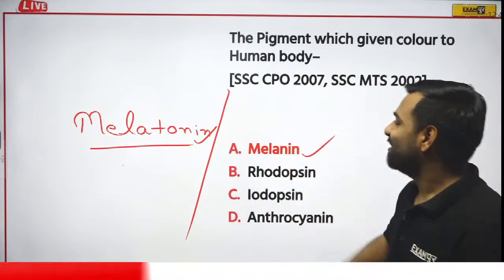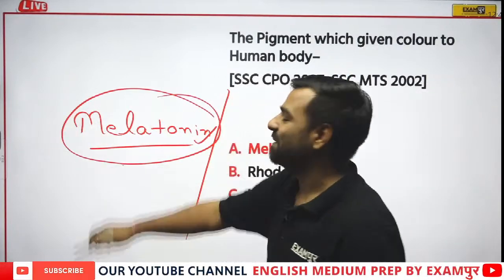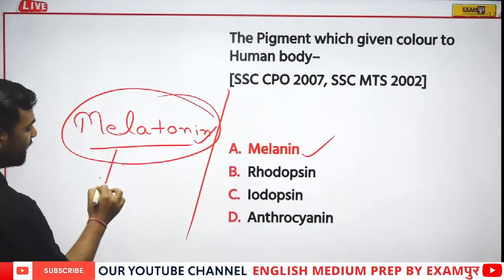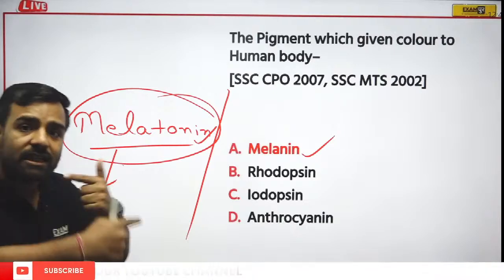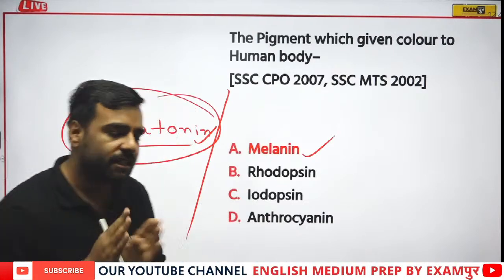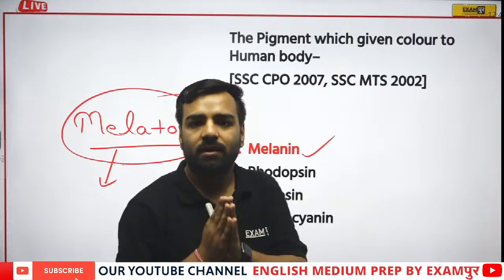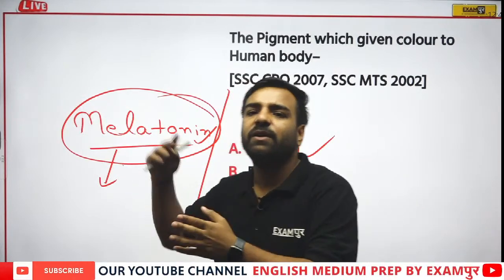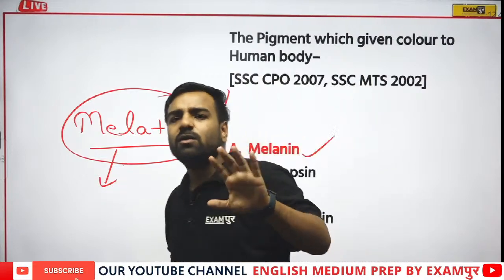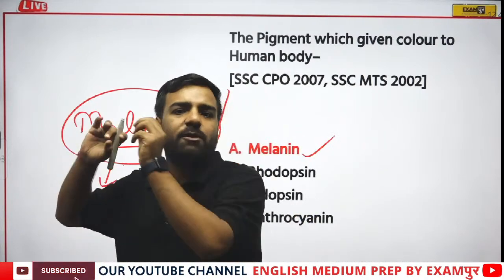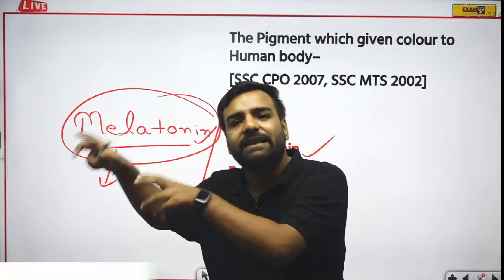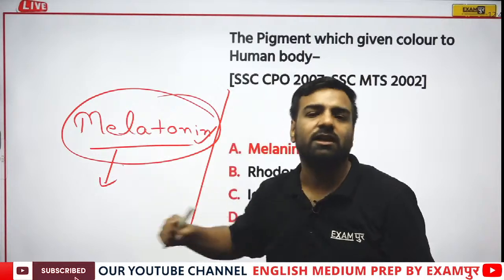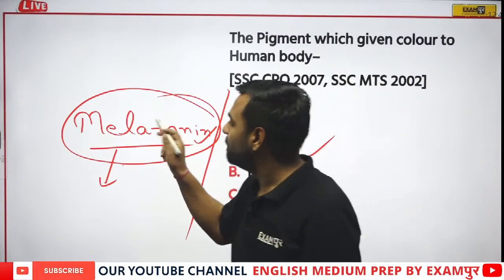Please remember. So I was talking about this melatonin over here. What is this melatonin? Melatonin hormone is actually helping in the biological cycle of your body. That is, if I sleep today at 9 and wake tomorrow at 6, and every day I wake up at 6, there's no use of an alarm. Even if I don't put an alarm, I'll wake up at the same time. Correct? So there's actually a biological clock. That biological clock is actually dealt with by the melatonin hormone.